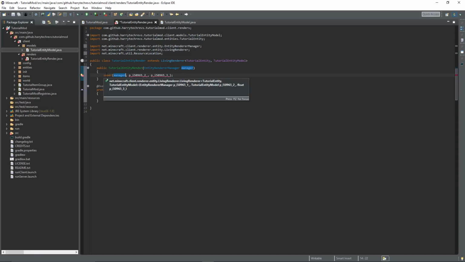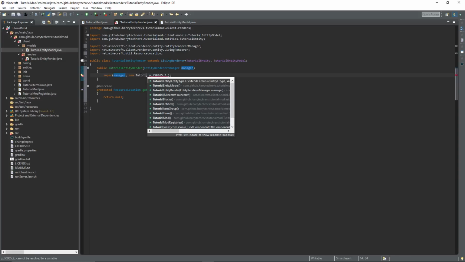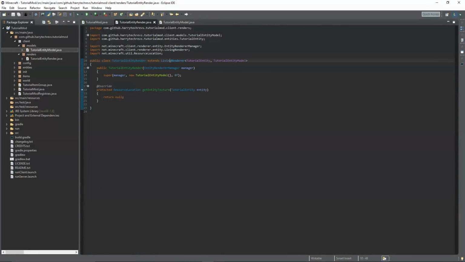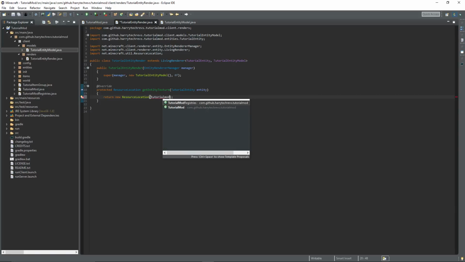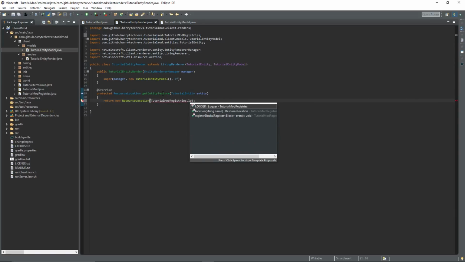Obviously I showed you in the last tutorial how to do that really easily. It takes in the model itself, new TutorialEntityModel, taking the shadow size so you can mess around with that value and see how it looks. Get entity texture, TutorialModRegistries.location,